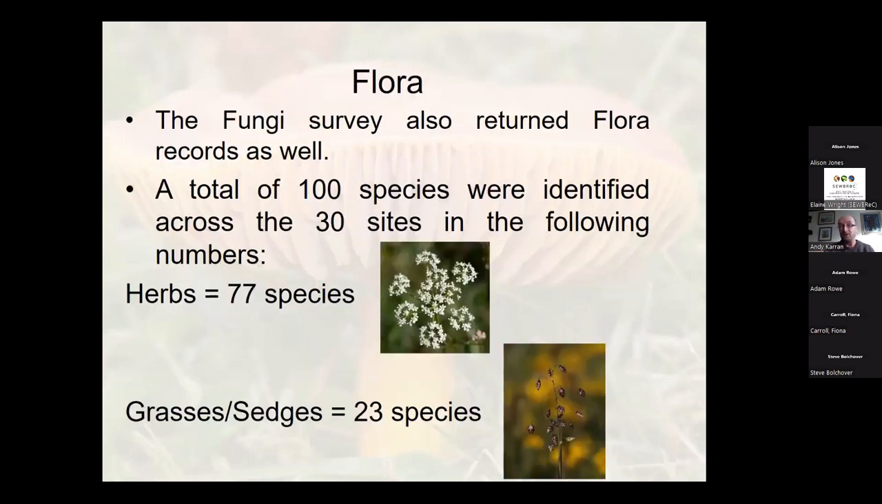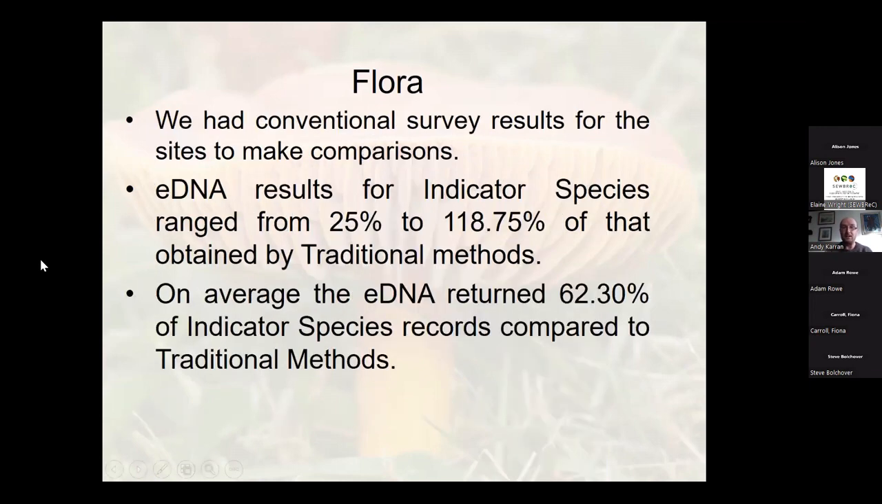And there's a bit of a byproduct from the fungi. We also got all flora records back as well from these 30 sites. So 100 species, 77 species of herb, 23 species of grasses and sedges. And for all these sites, we'd already surveyed conventionally for flora, particularly species that indicate quality. So using the eDNA, we got between 25% of what we got with traditional results up to over 100%. We got even more records than we did with traditional methods. On average, the eDNA returned 62% of what you get with the traditional method, which was pretty good considering